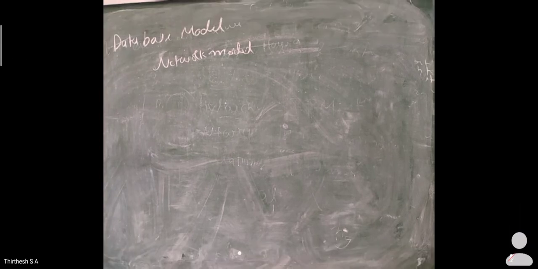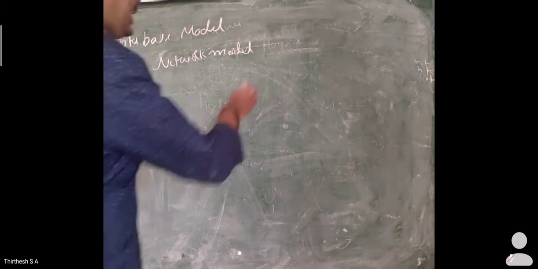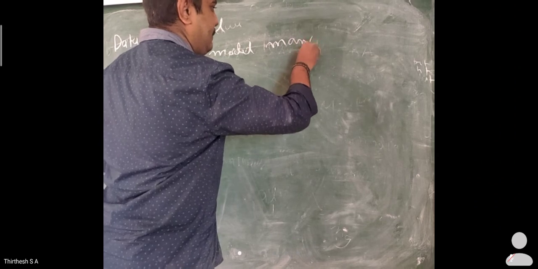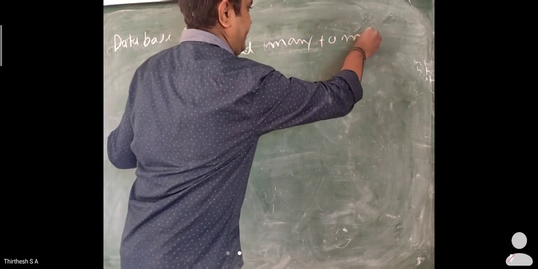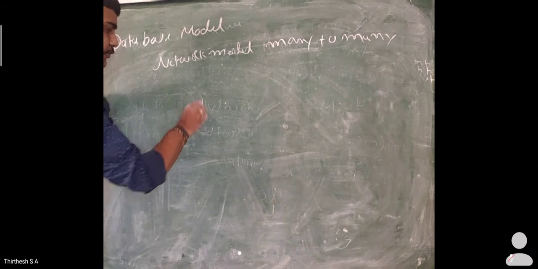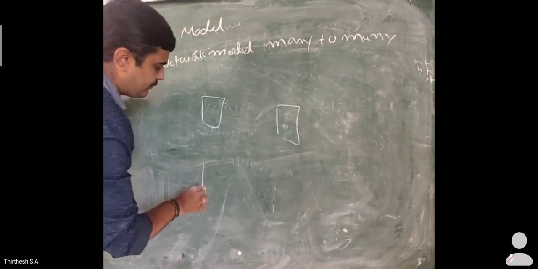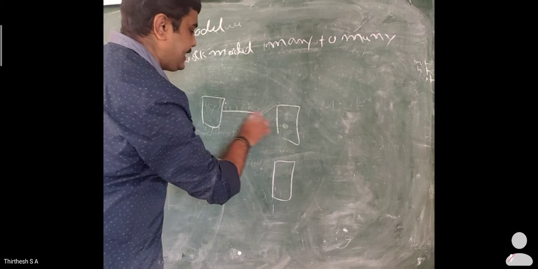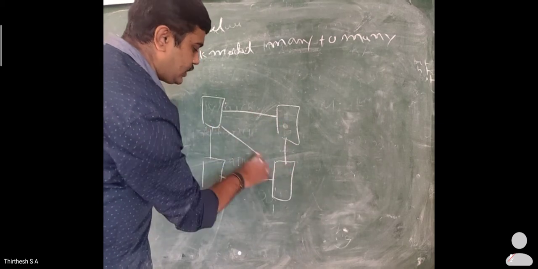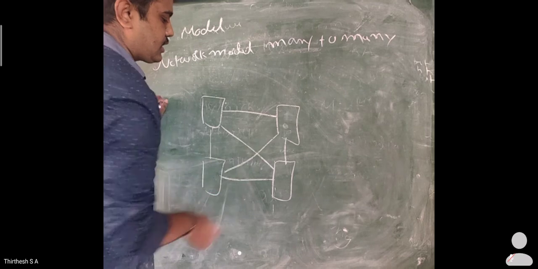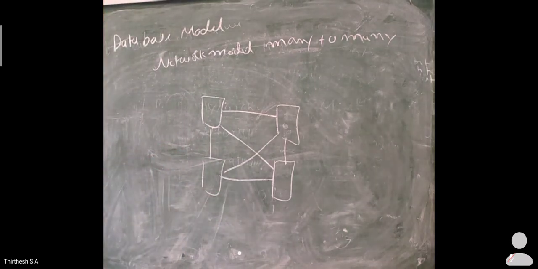So what is this network model? A network model means it is like a spider web itself. It is very powerful and also complicated. It can represent many relationships. So how is it represented? It is represented in a relationship known as many to many relationships. Like if you have four records, say for example you have four records over here. Here the data are accessed like this. Also it can be accessed over here. Clear? So this is what we call a network model.